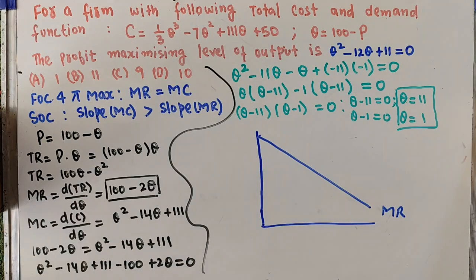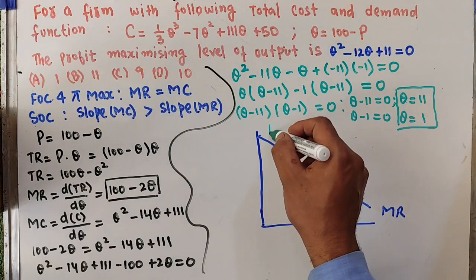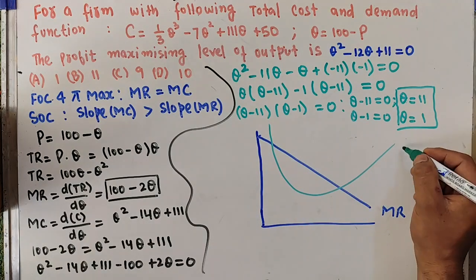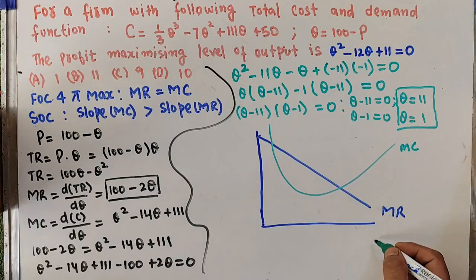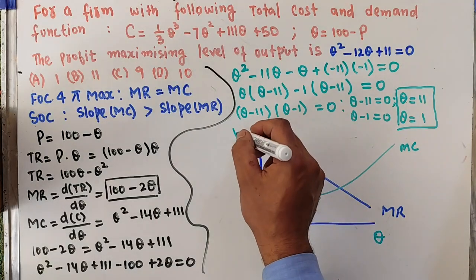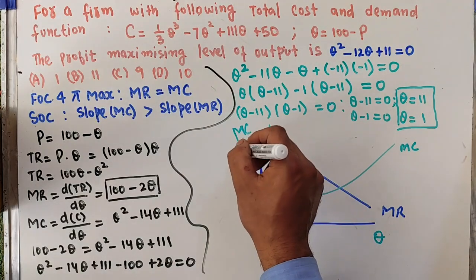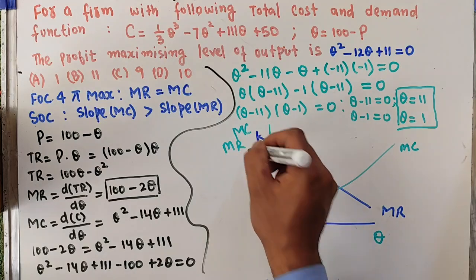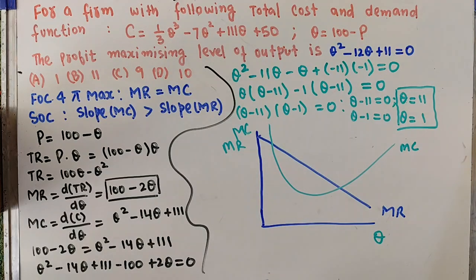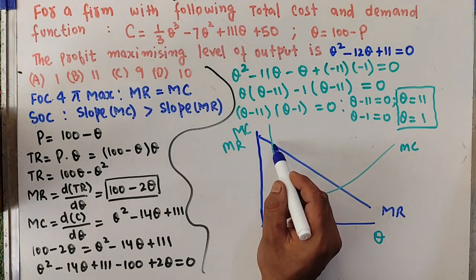This is our marginal cost function. So it looks like this. Okay, this is our marginal cost function. We have output here, and we have price or marginal revenue and marginal cost on the vertical axis. What happens here? The first order condition is satisfied at two points,